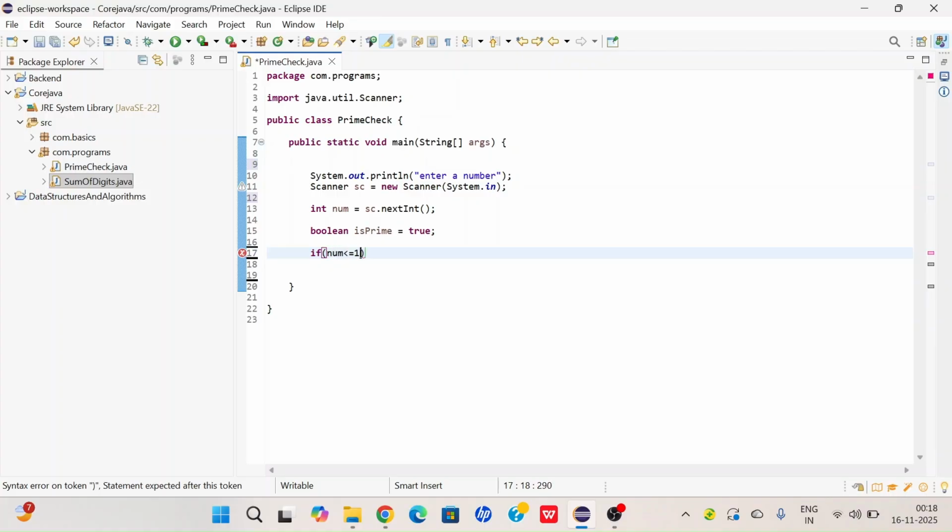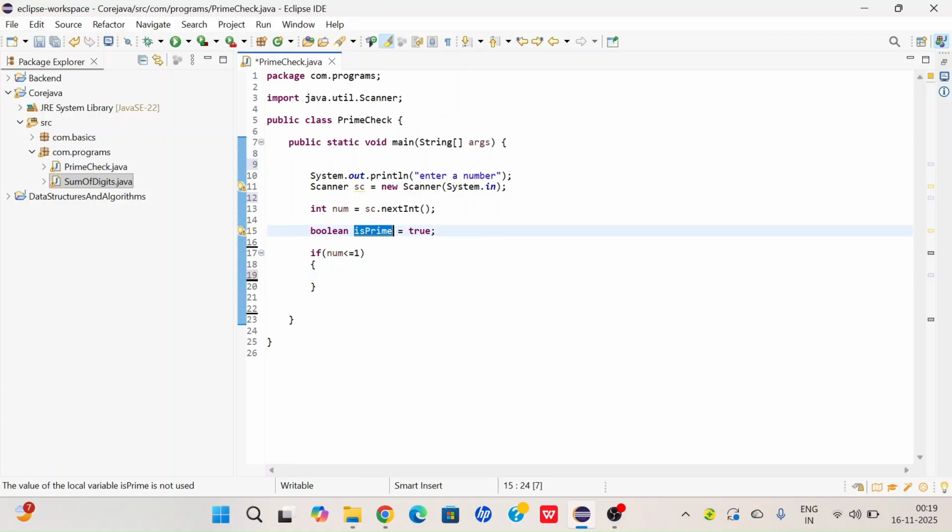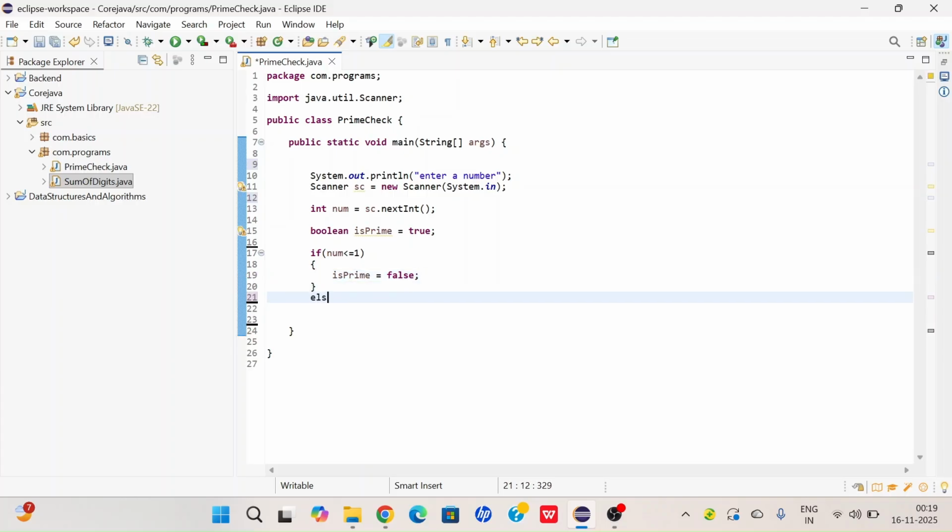If it is less than or equal to 1, update the flag as false. If not,